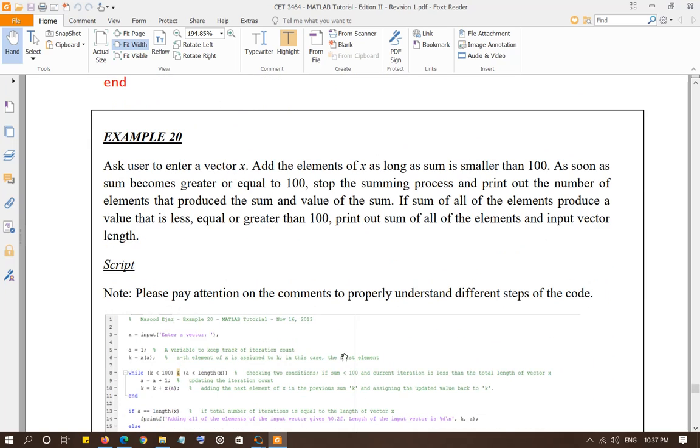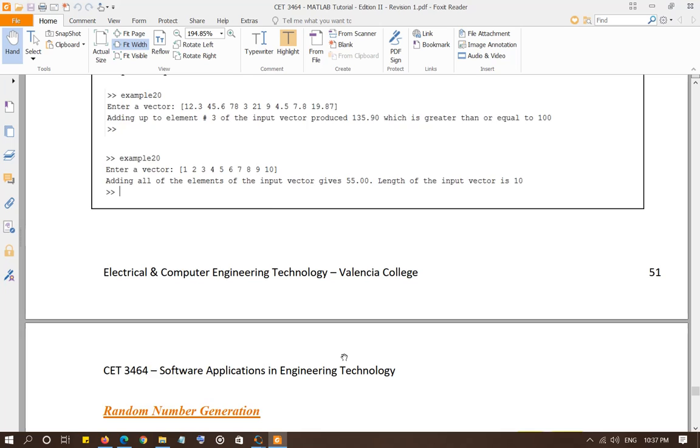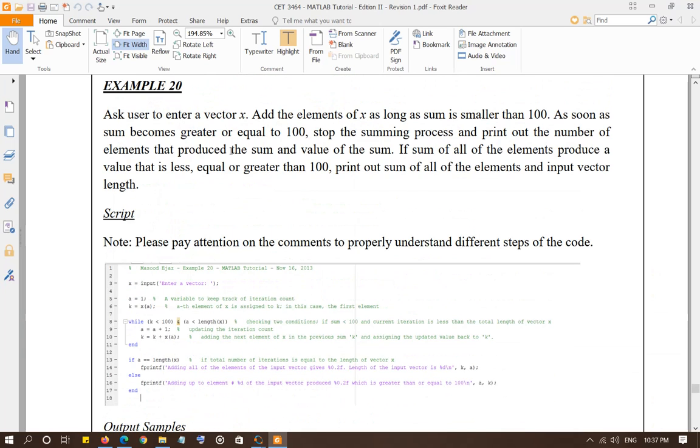I have a few examples over here. So I have example number 20, and this example is evaluating a value of k, which is basically each value of the input vector x. Over here I'm assigning k is equal to x of a, and initially my a is 1.